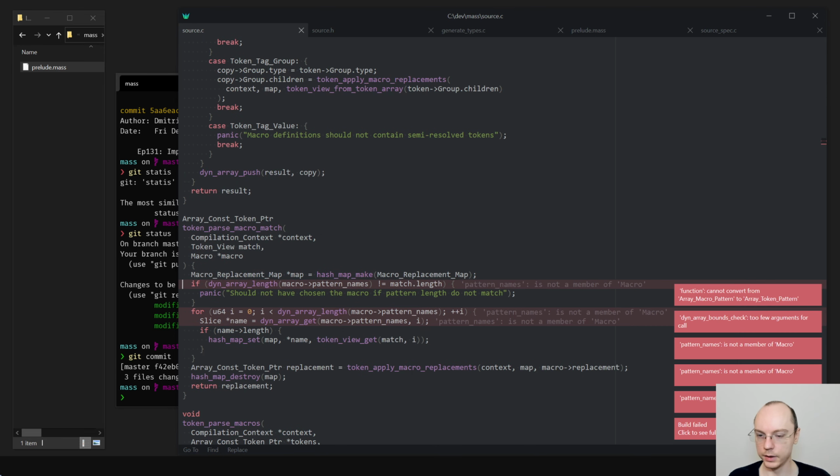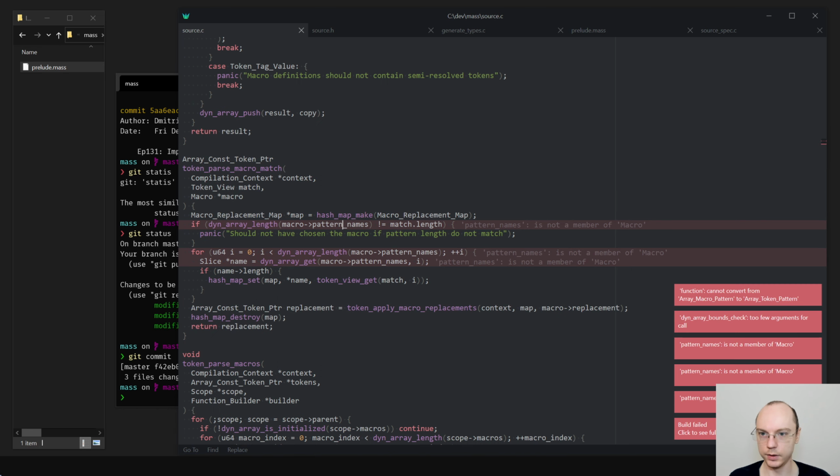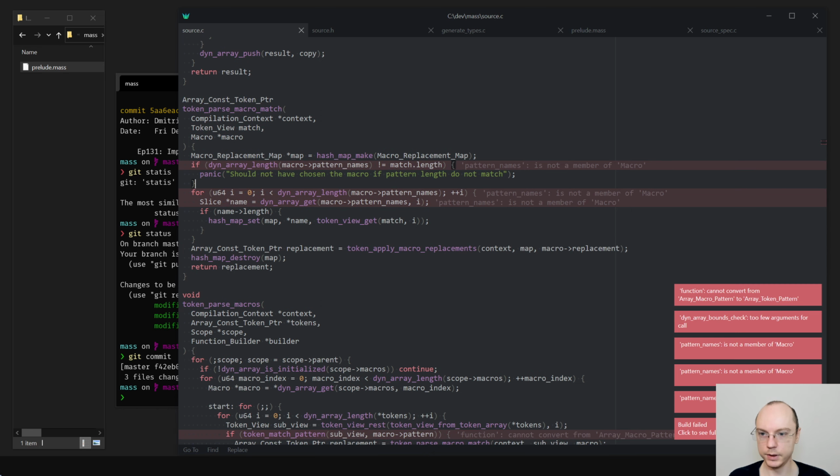Okay. Now we need to change the actual thing that deals with the parsing. So this is not a good thing because it just cannot happen because now we have a single array instead of. Actually, no, this still can happen, but this is fine.